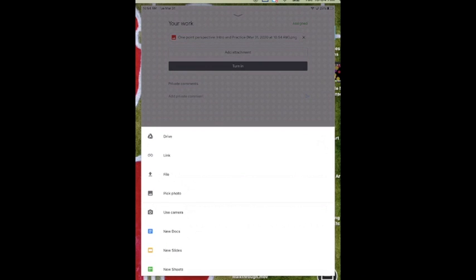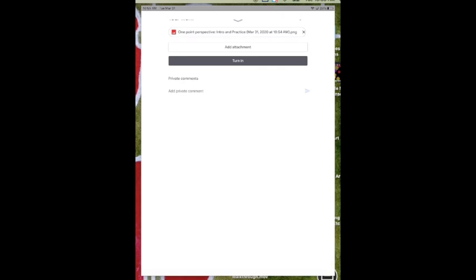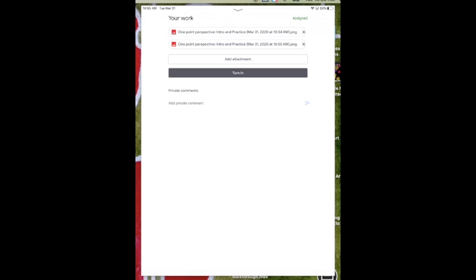I'm going to click it. If I already took a photo, I could click pick photo. If I need to take a photo, I'm just going to click use camera. It's going to pull my camera up again. I can turn it so that I can see my work really well. Take a photo. Again, it gives me the options of use photo or retake. I'm going to click use photo. It's going to attach it for me. And then once I see both of my photos on there, or all of my work that's ready,